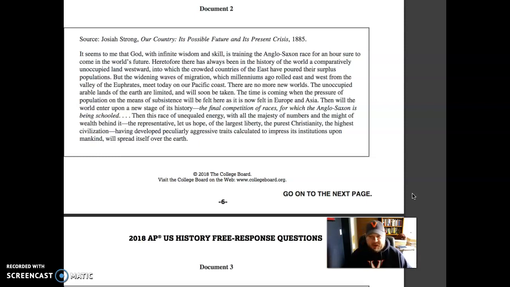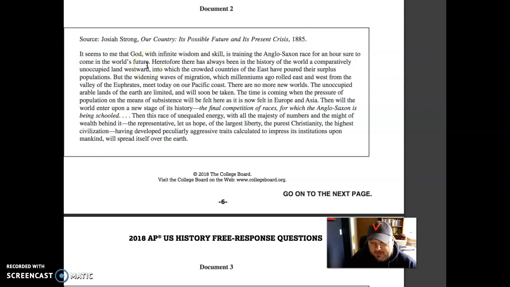So they were trying to expand into different colonies for their empires just to get more land to house people. Josiah Strong also talks about the right and the responsibility of the United States to expand, to extend democratic ways, basically talking about the Anglo-Saxon religion and race,